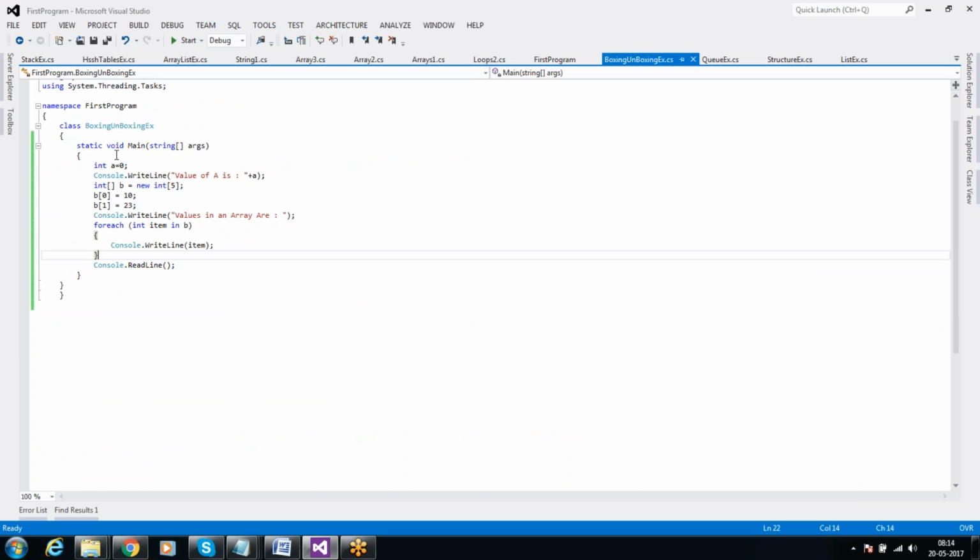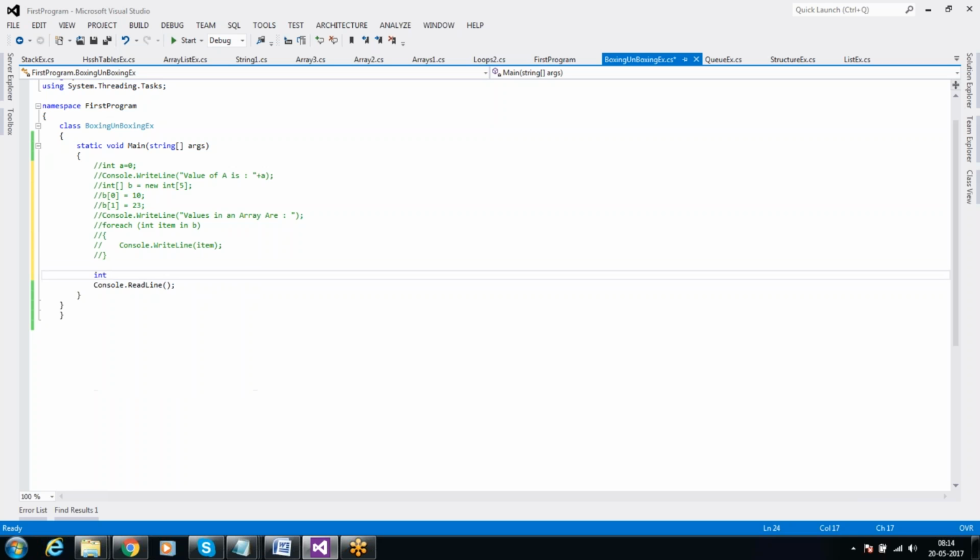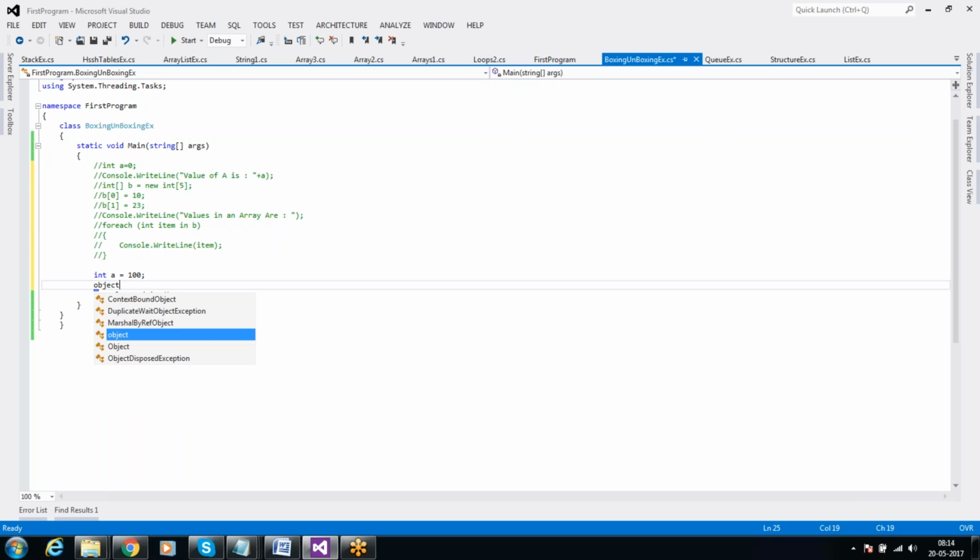Let me show you an example of how we are converting our value types to reference type. Here I am taking one variable, that is int a equal to 100. Now I would like to take one variable like object b equal to a. Console.WriteLine